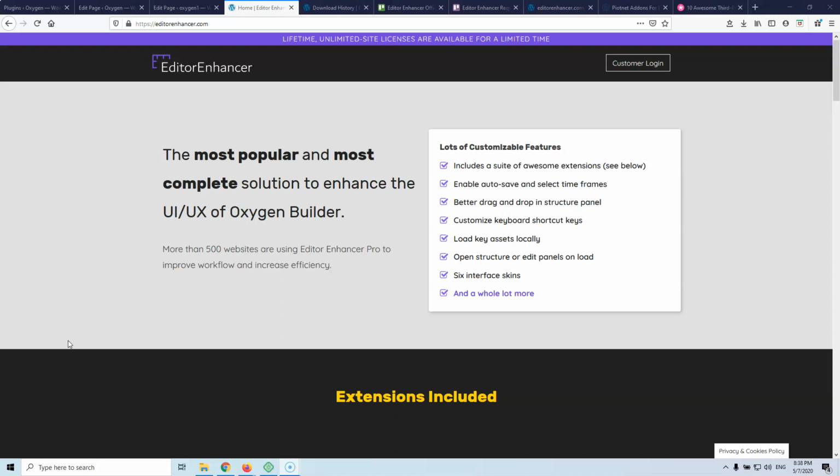So as I have said, we're going to talk about the Editor Enhancer. Now, first of all, I want to say that this is not a comparison video. I'm not going to compare the Editor Enhancer with other third-party plugins that work with Oxygen and try to make it better. It's just a review for the Editor Enhancer itself. There will be a comparison video later on, and there I'm going to talk about all the plugins that I have used. So let's start by saying first that